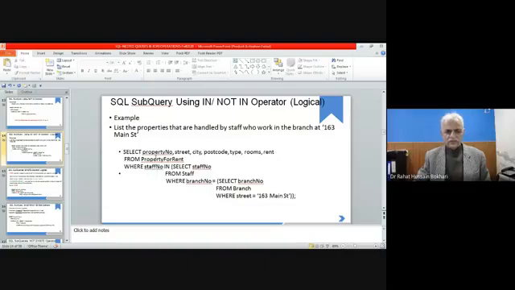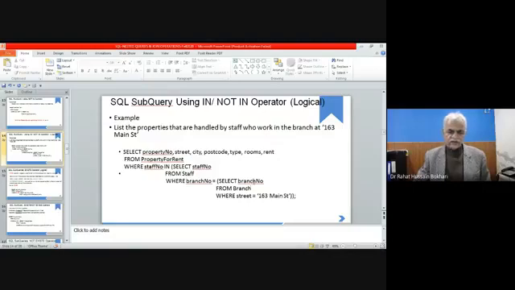The staff number should exist within the list of staff numbers that we get from here. Here it says select staff number from staff where branch number in select branch number from branch. In this manner you will get the value of the branch number.